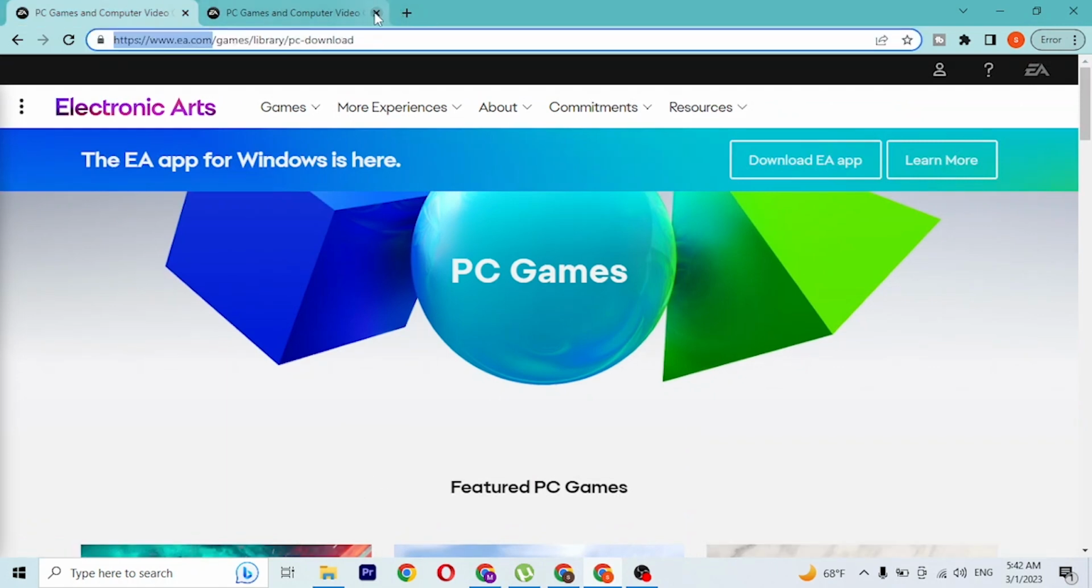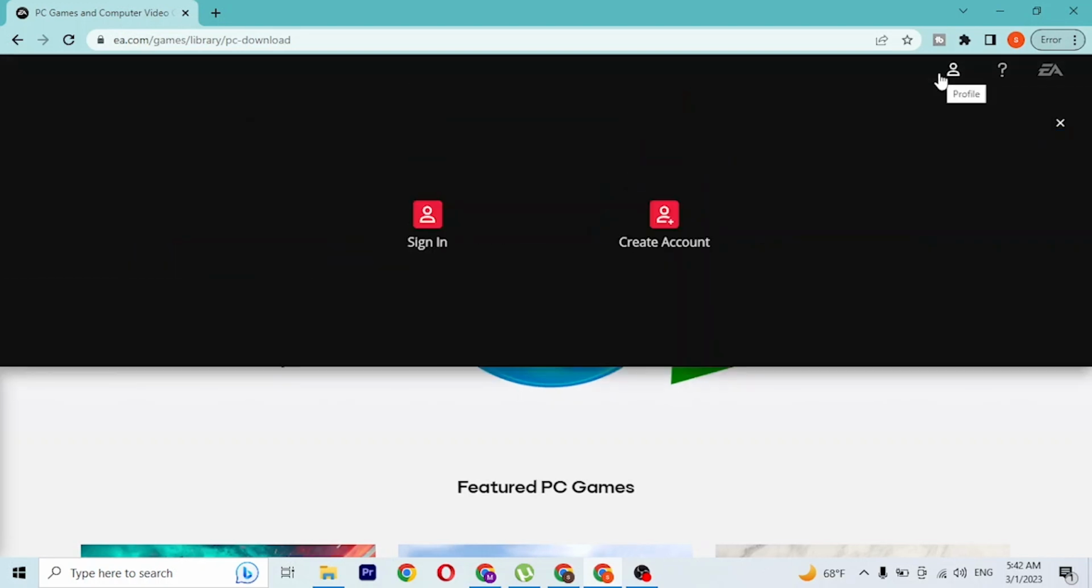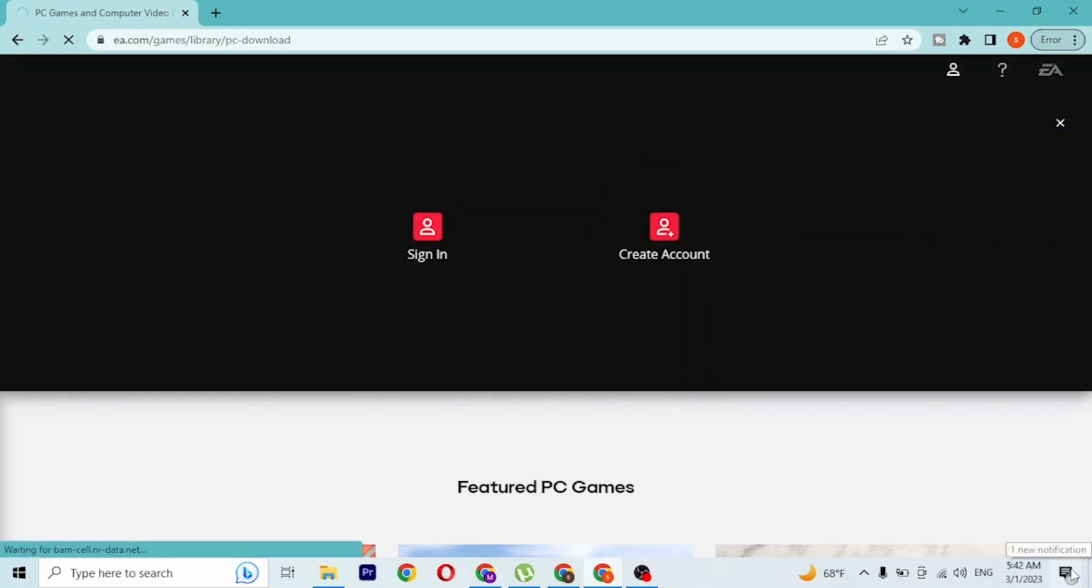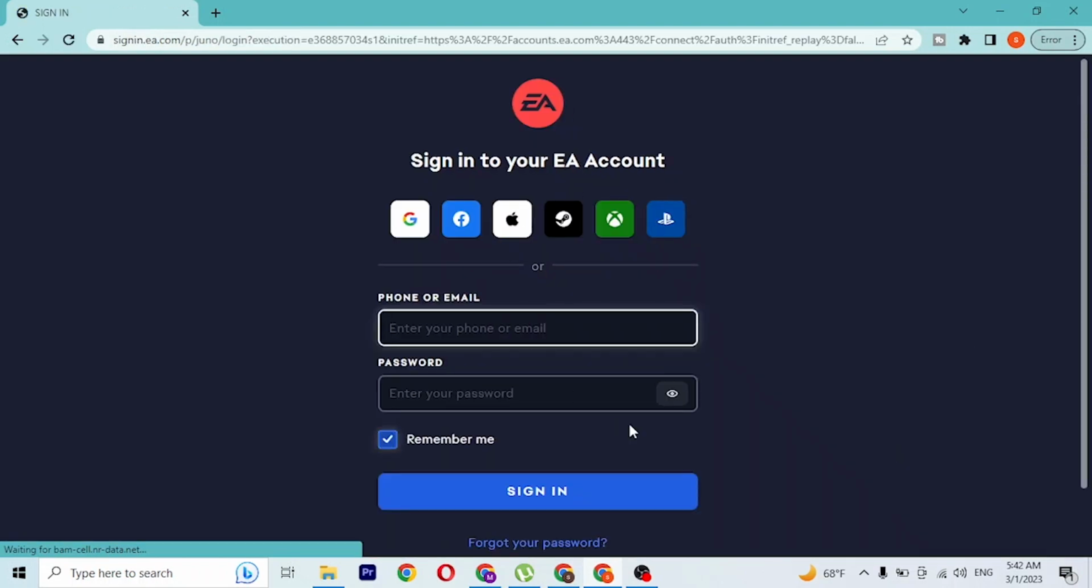Now in order to log into your Origin account or your EA account, at the top right corner of the screen you can see there is the profile button available. Click on that profile button like this and click on sign in, and then you'll be taken to the login panel of EA or Origin like this, where you'll be required to enter your email address with which you have signed up for an EA account, and then